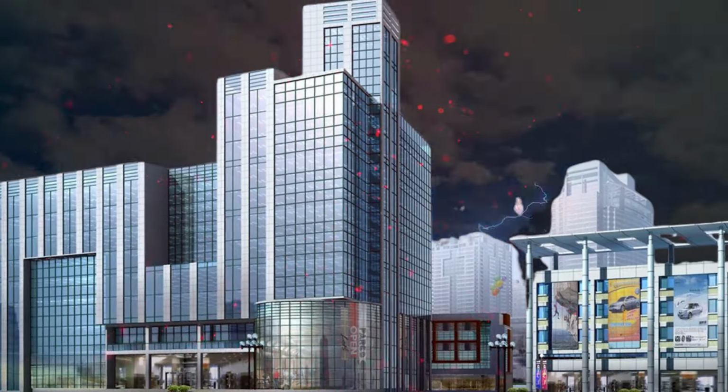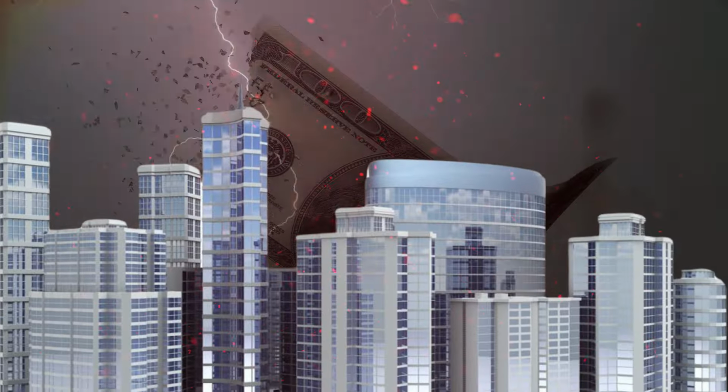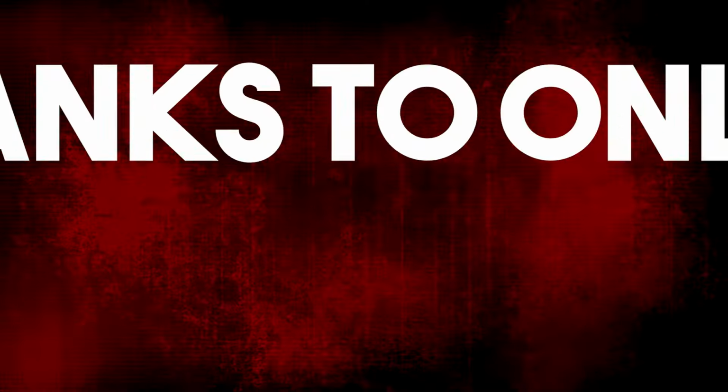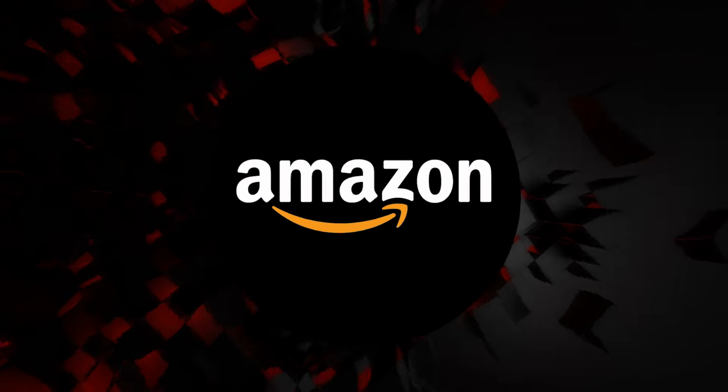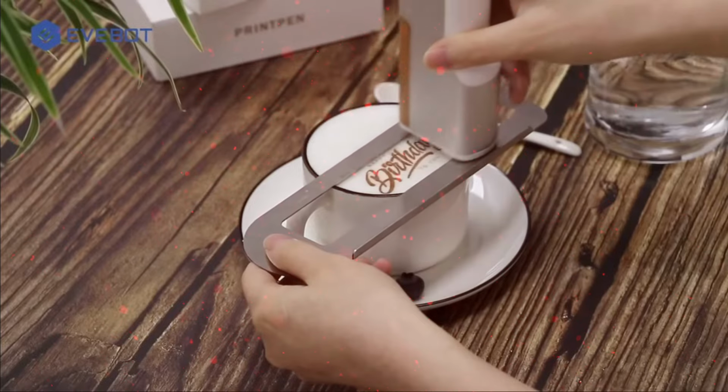Are you looking for a side hustle or a new business venture in 2025? The right equipment can turn an idea into a money-making operation. Thanks to online marketplaces like Amazon and Alibaba, you can easily purchase high-tech machines that allow you to start a